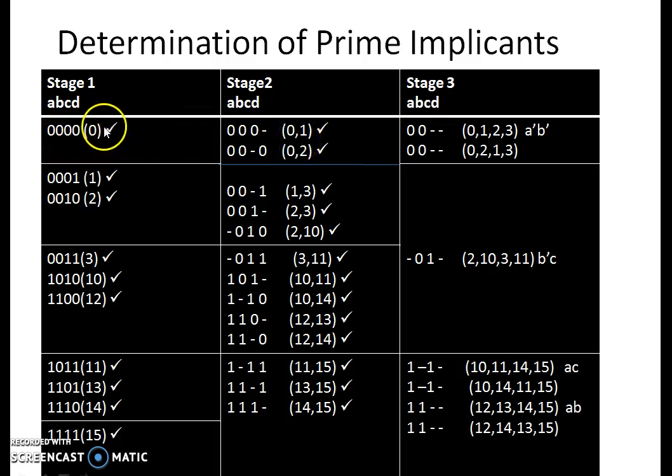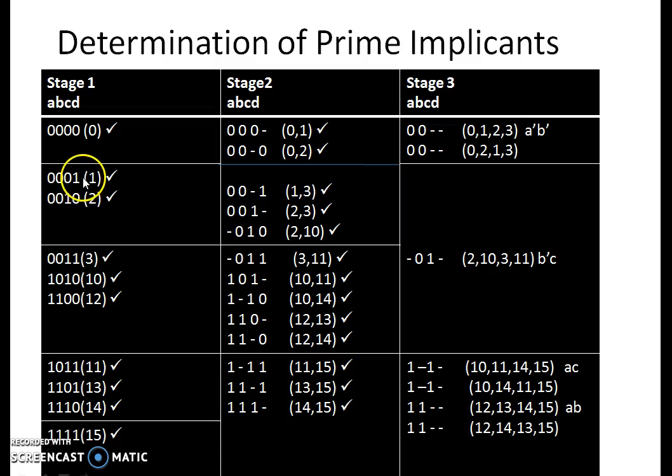And whenever there is a possibility of 1-bit difference, you mark it with a check mark. Otherwise, if you don't mark it with a check mark, we consider that to be a prime implicant and that has to go to the second table, which I will be discussing next. So next I compare 0 and 2. Here in the third position I have a 1-bit difference, so I marked it as a hyphen and I marked the combination. Next I compare the second section and the third section for a single bit difference.